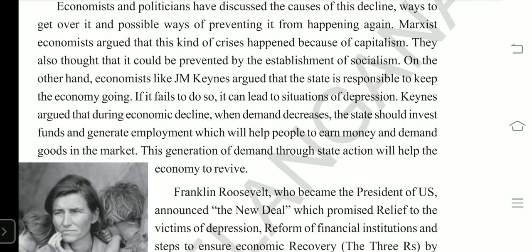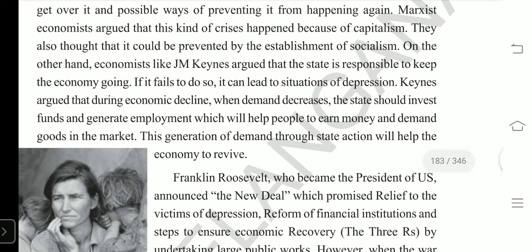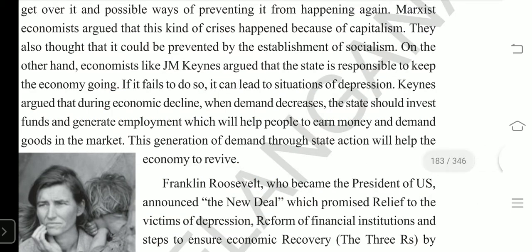It has to struggle for economic recovery. If it fails, that means the state does not look into the matter, then it can lead to a situation of depression. When demand decreases,